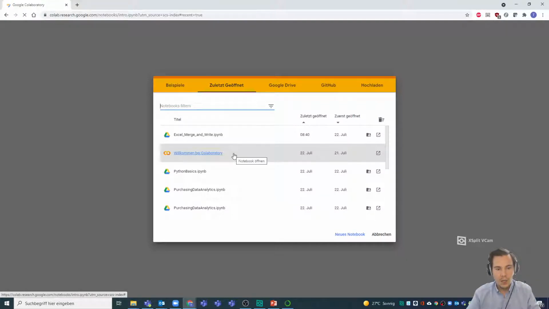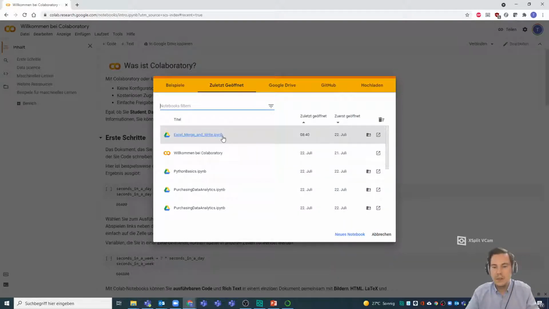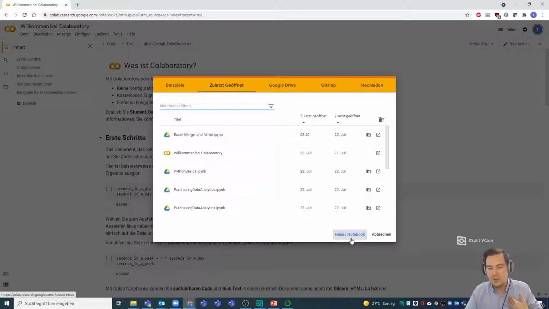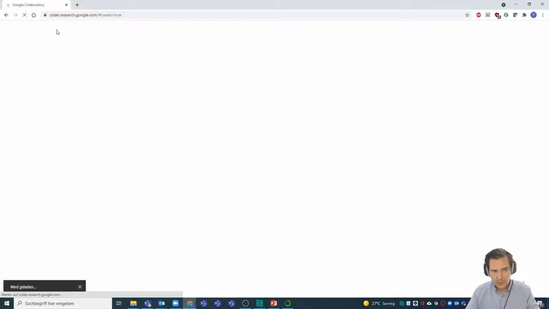colab.research.google.com, and you can see here, you can open a notebook of your preference. Because I prepared the tutorials, I already have some here, but we can make a new notebook as well at the bottom here, which for me is called Neues Notebook because my browser settings are in German, but there should be something like New notebook for you here. I'm clicking on it, and then the browser here on top opens a new notebook,